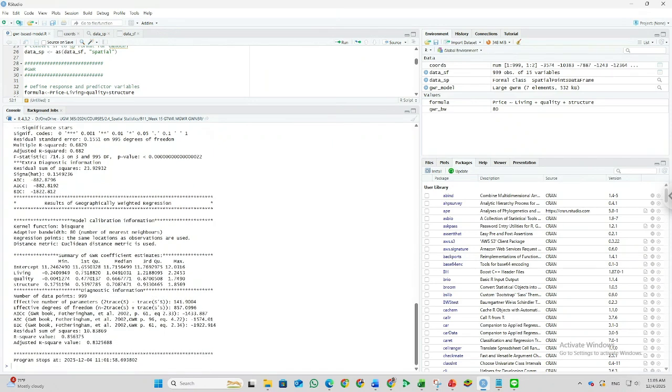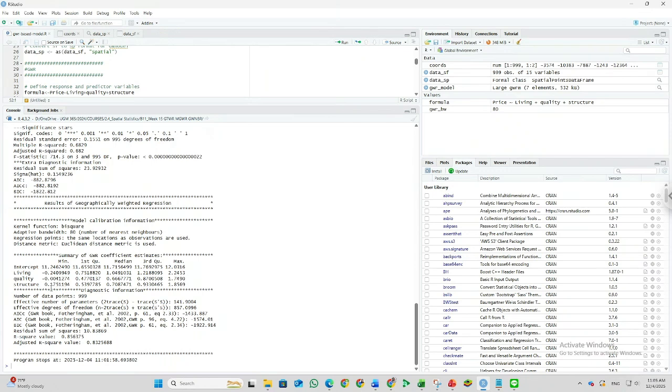But in this GWR, because it is based on geography, the coefficient in different locations has different values, so the coefficient in the GWR is in the form of a range.